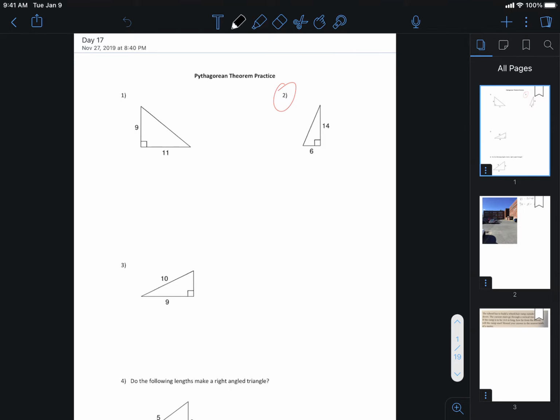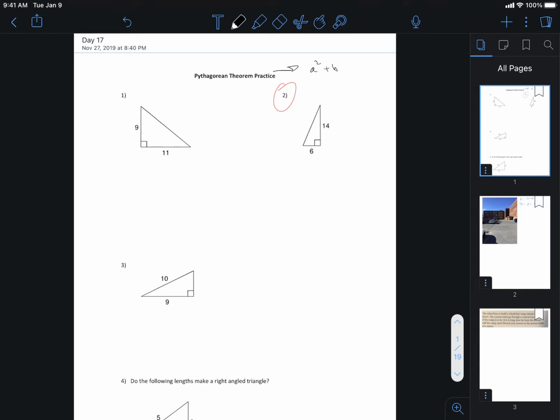I'm just going to recap what we did, the styles of questions that we did yesterday, okay? It sounds like some of you have already done Pythagorean Theorem in the past, so yesterday was a little bit of a review, okay? If you recall, if you weren't here yesterday, Pythagorean Theorem says